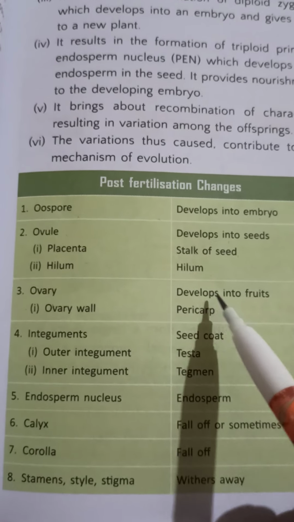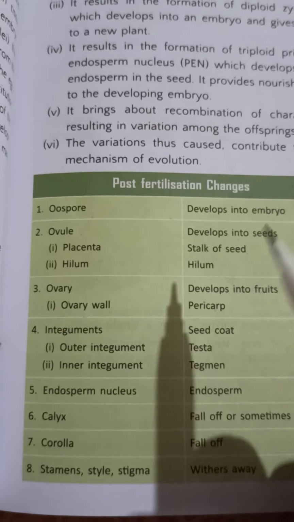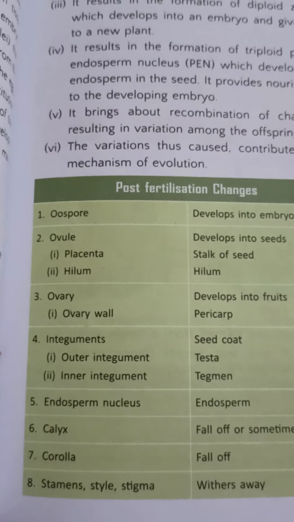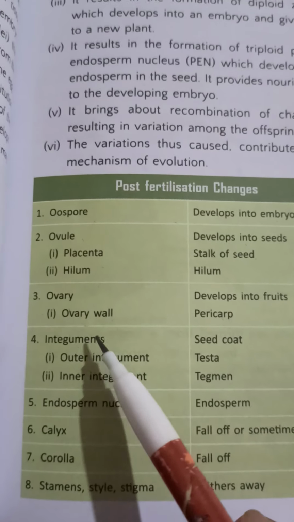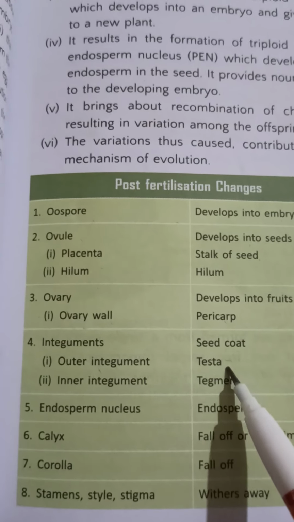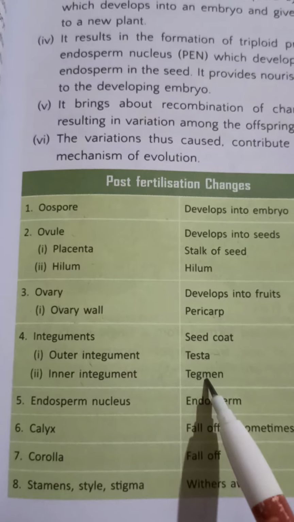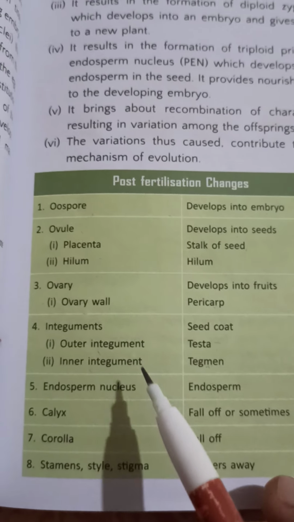The ovary develops into fruit, mainly the ovarian wall, যেটা পেরিকার্প, means in mango-like fruits, the pulpy fruits, the pulp is formed by pericarp. The outer integument is the testa, and the inner integument যেটা সিডের সিড কোড টেগুমেন্ট ফর্ম করে।